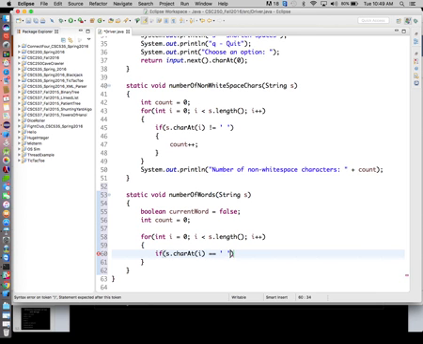is equal to a space, if I'm looking at a space and my current word was equal to true, I could say and currentWord equal to true, or I could just say currentWord. Either one of these will work. I could just say currentWord, because currentWord equal to true is true when